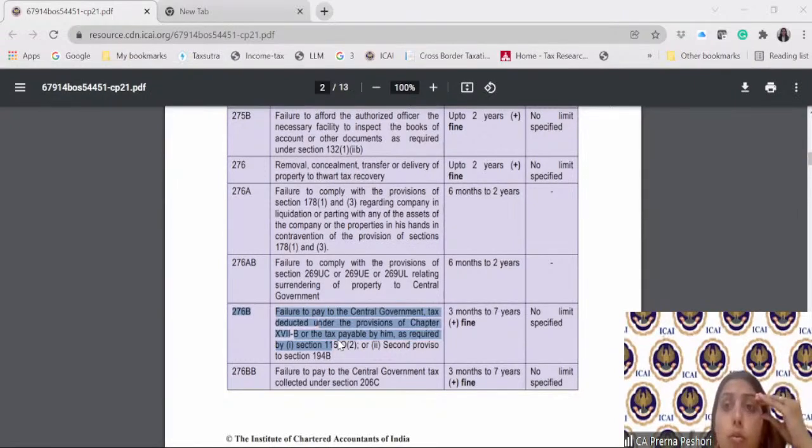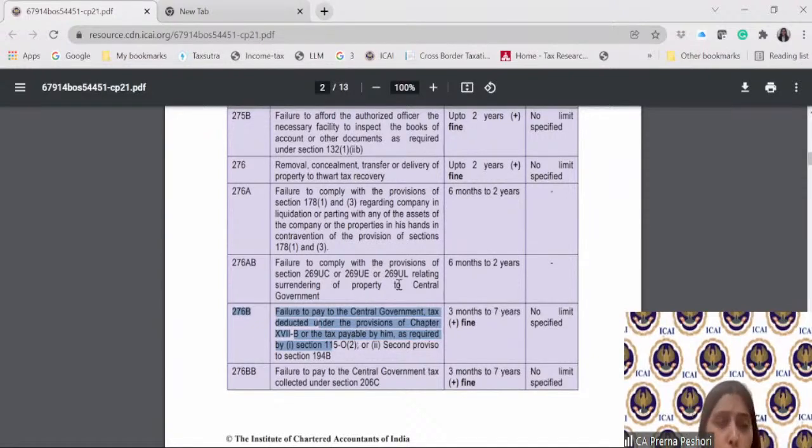So you don't need to use much of your head to remember whether it was 10,000, 25,000 or 1 lakh, whatever. You can just say that yes, if you fail to deduct the TDS, or even if you fail to pay the TDS, for failing to pay the TCS, there is no penalty. But for failure to pay the TDS, there is a penalty of the TDS equivalent amount. And it has to be only levied by Joint Commissioner of Income Tax. Plus, there is going to be the prosecution also on the company, which is 3 months to 7 years.